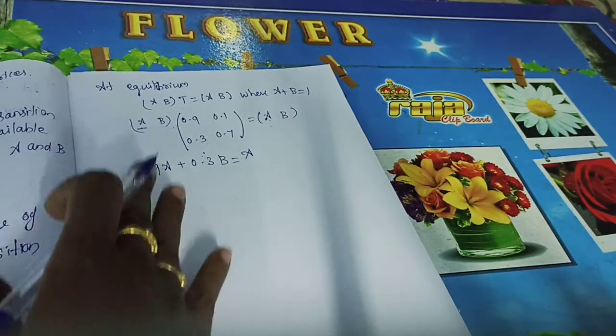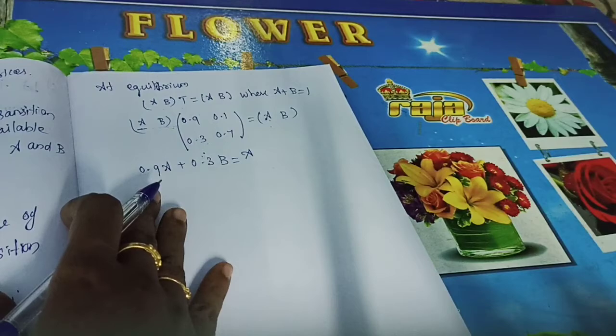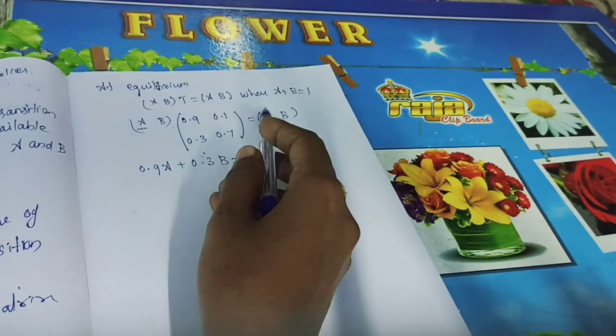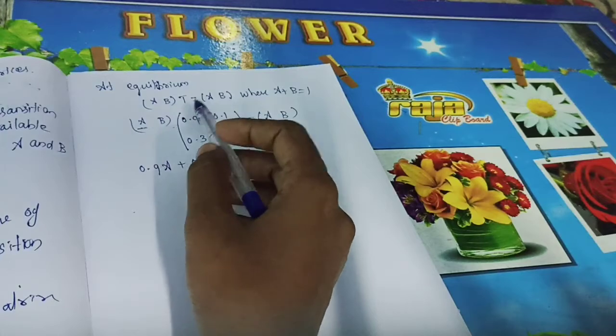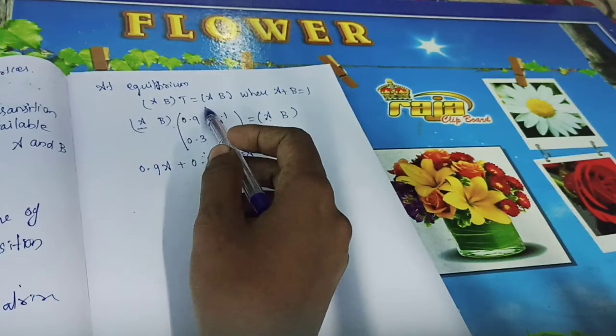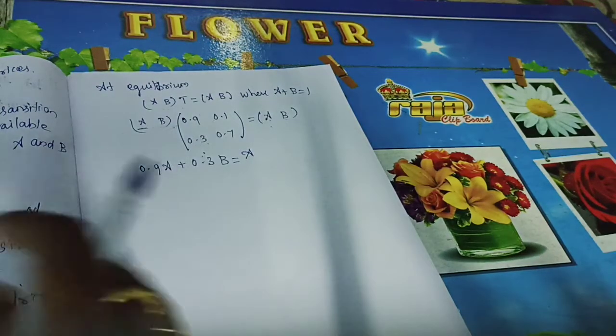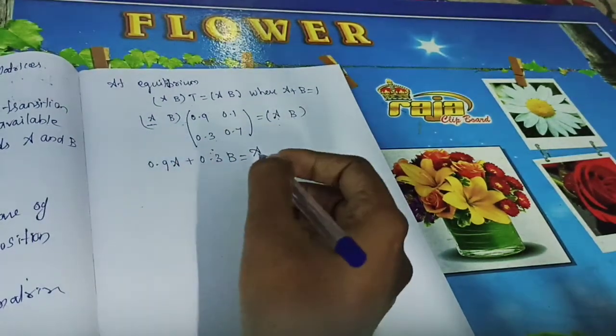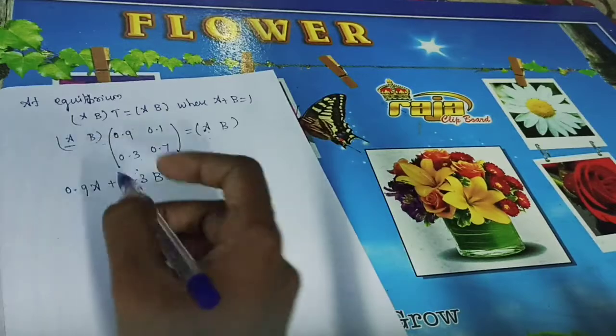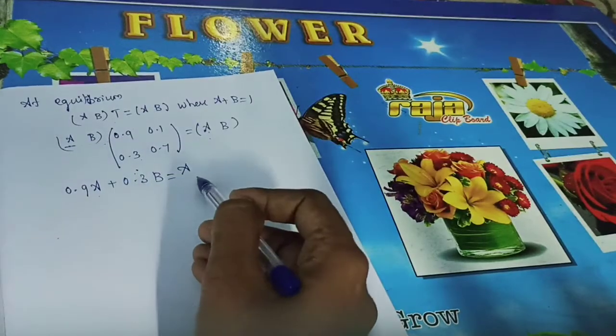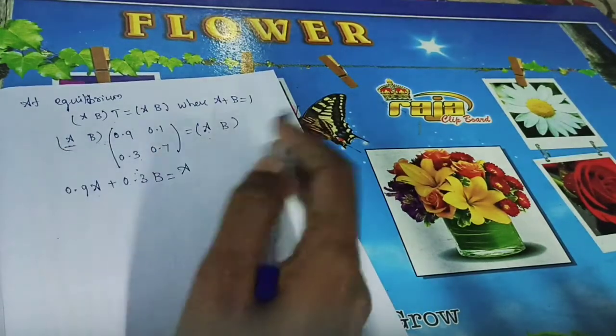Okay, so our main aim here is to find the value of A and B. That's all. Understand? At equilibrium, this is very important. At equilibrium, this is a small formula we are using. So here you need to find the A and B value. Here A is there, here B is there, here A is there. We need to eliminate any one of the values.